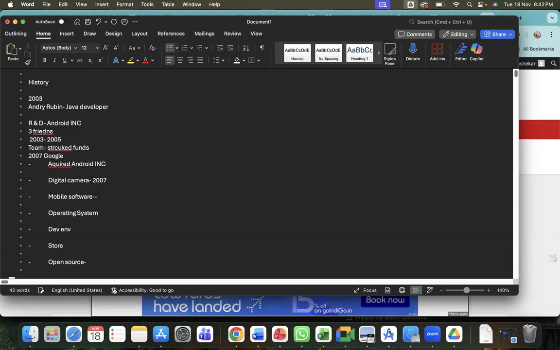They continued with this. So in 2008, the first Android mobile was released in the market, through HTC. In those days HTC was a mobile manufacturer. But even though it was released in the market, people were not buying these Android mobiles. Not only the people, even though HTC came one step up, other manufacturers were also not showing any interest